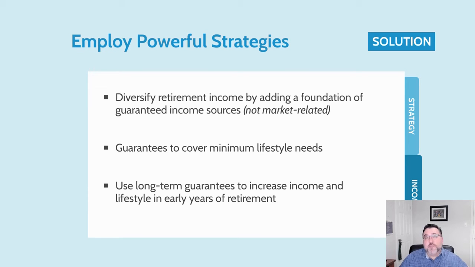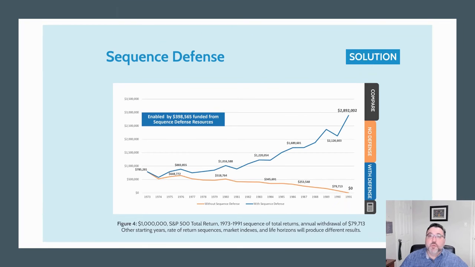We want to diversify retirement income by adding a foundation of guaranteed income sources that are not necessarily market related. Guarantees to cover minimum lifestyle needs, and we want to use long-term guarantees to increase income and lifestyle in early years of retirement. So in this scenario, we're now going to look at the benefit of implementing the sequence defense